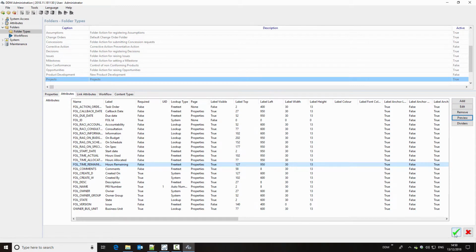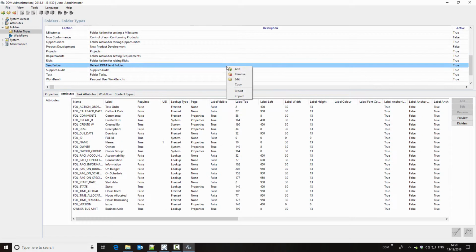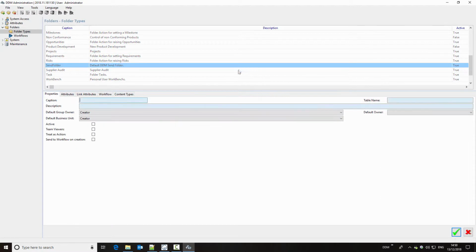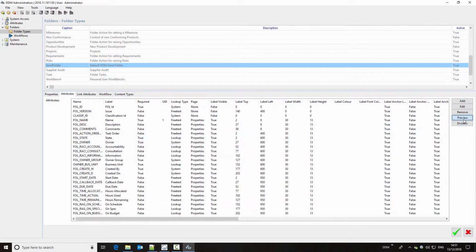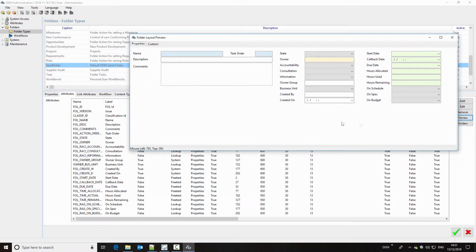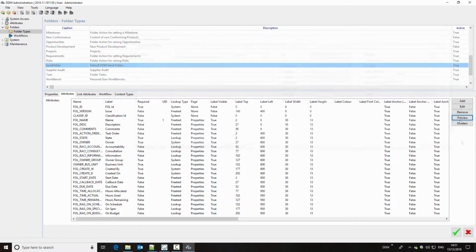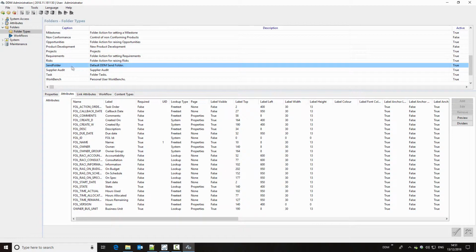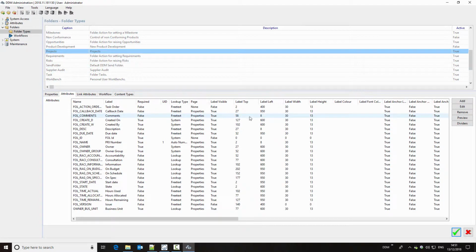If we want to check what the default layout is, then we can right click to create a new folder, and without actually adding anything to this, if we preview the layout, then we can see how this folder is arranged, and so we can use this as a template. You may want to take a screenshot of it so that you can lay it out correctly. If I cancel this and come back to the projects folder,